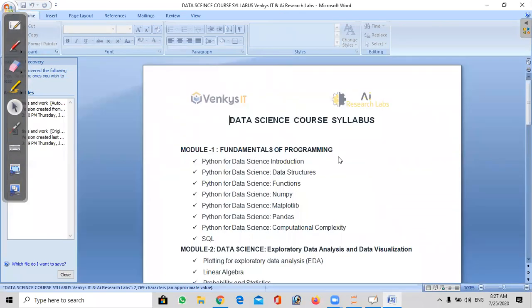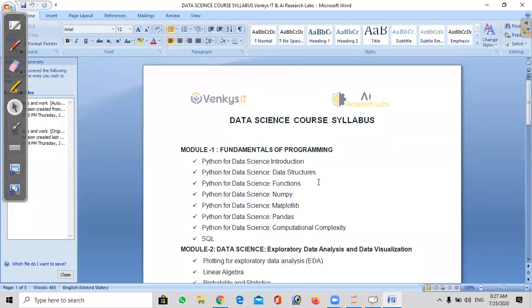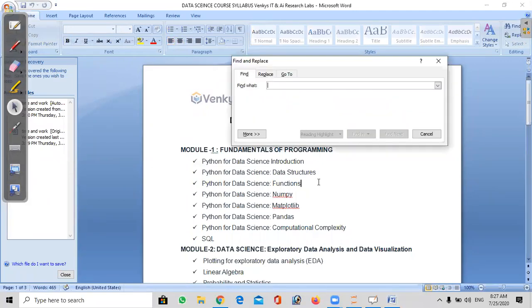For example, when you open a Word document, you search with Control F. When you click Control F, find. What we are trying to check here, for example, is the word plotting. I just want to find where it's located.